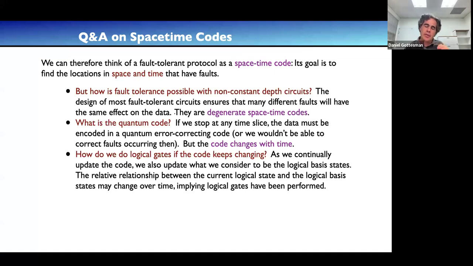But the thing is that there is a catch, which is that eventually you are going to have to come back to some physical limitation of what kinds of things you can do. So for instance, if you want to make a measurement, maybe you can make a measurement that's consistent with certain logical basis states, but not with other choices of logical basis states.